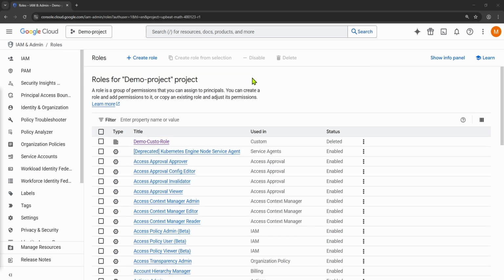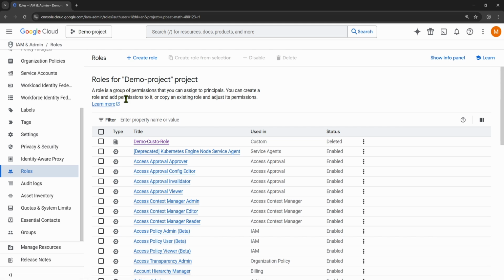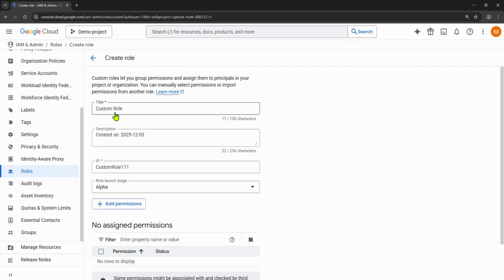Now let's create a custom role. So in IAM, go to roles, and here is the button Create Role. In Create Role, we need to give a name for the custom role. So we can say demo custom role